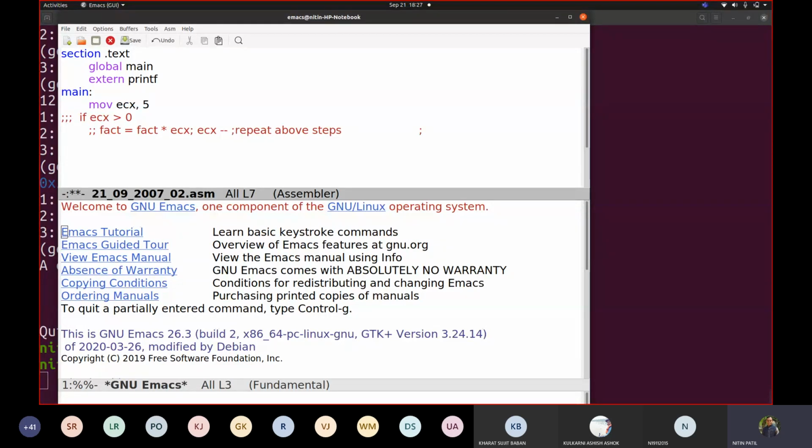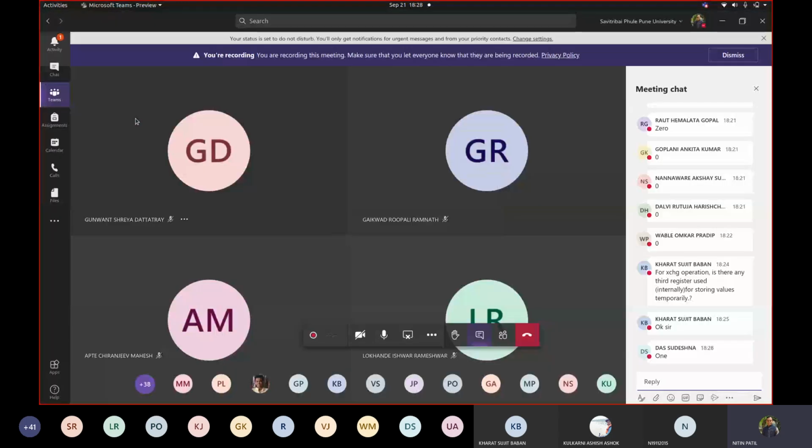So how can we achieve this goal? If we are going with this, ECX should be subtracted and the result should be stored. So I will make use of, for example, EAX. If you recall, what is the initial value that you give to fact while calculating factorial? Fact would be 1, correct? Fact is equal to 1, and then you start working with it.